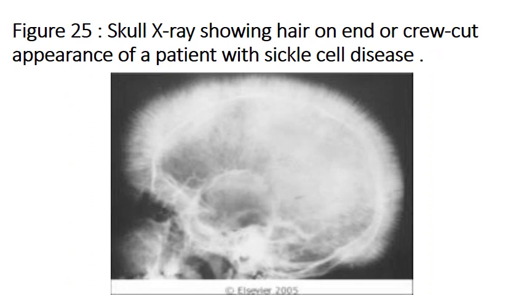This is a skull X-ray, which is showing a hair on end or crew cut appearance. Actually, this is a spot diagnosis of a patient with sickle cell disease because of the compensatory erythroid hyperplasia, which leads to the resorption of the bone and subsequently to new bone formation. So the changes here appear as a hair on end or crew